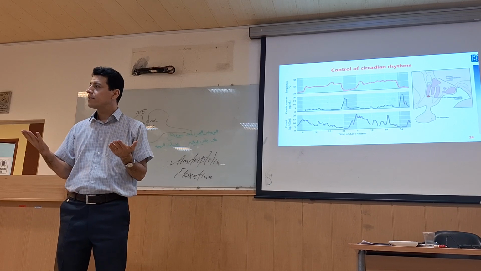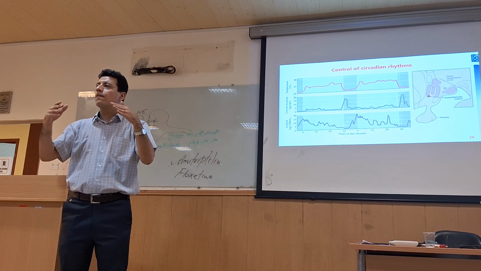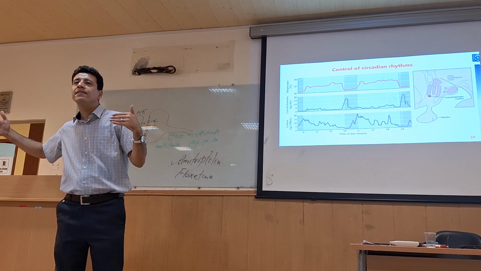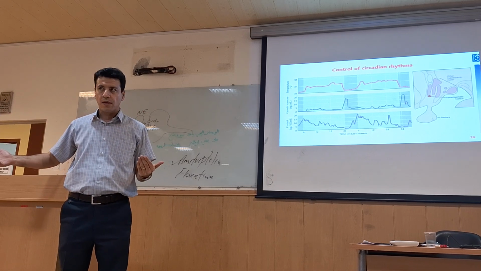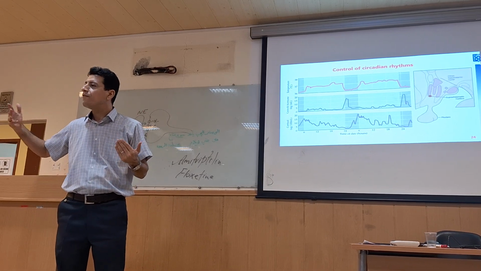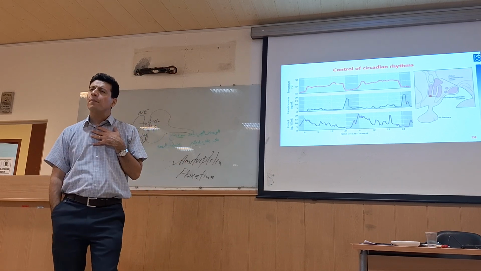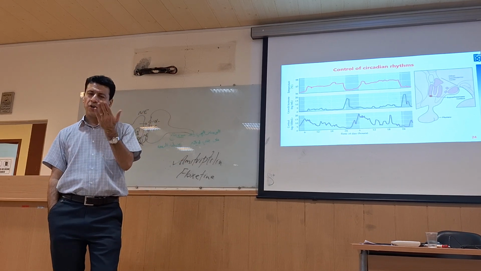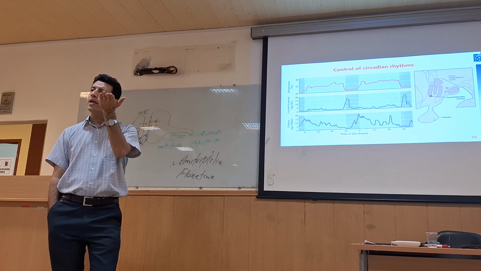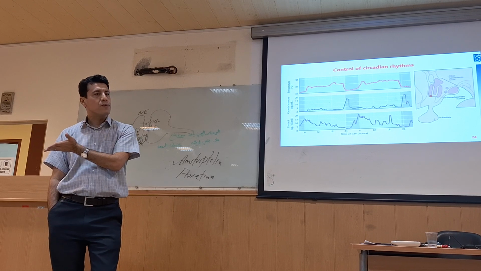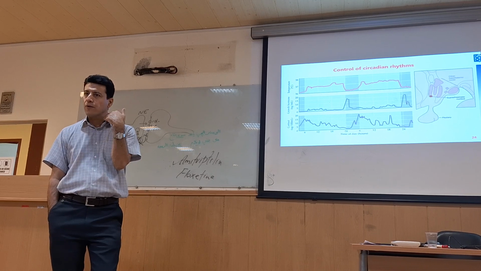So any parameter is not fixed. They are all oscillating during the day. And this is repeated every day. We call it circadian rhythm. But how does temperature know the time for increase and the time for decrease? How the growth